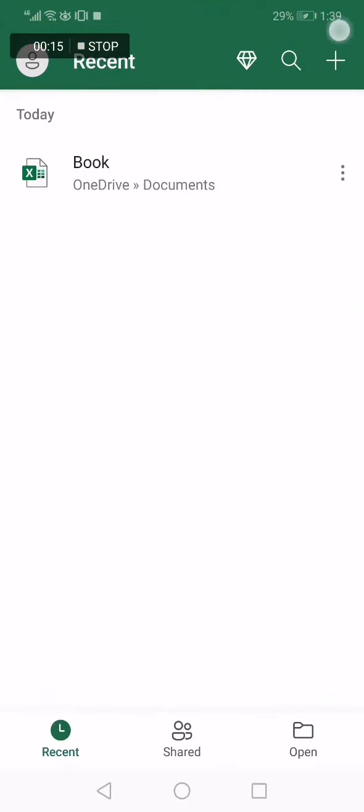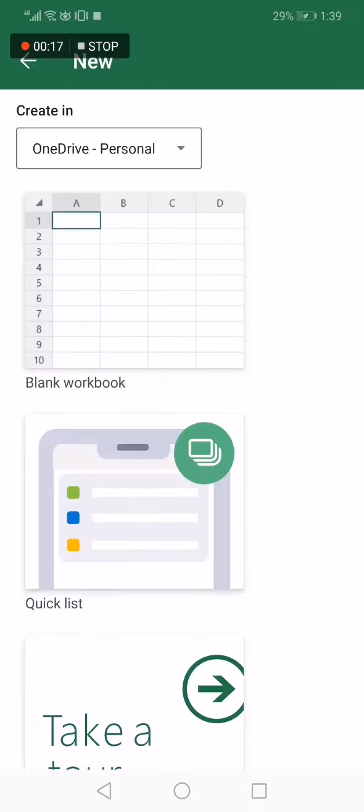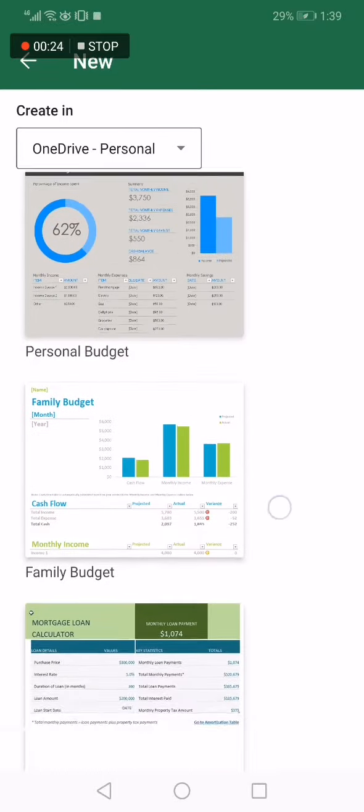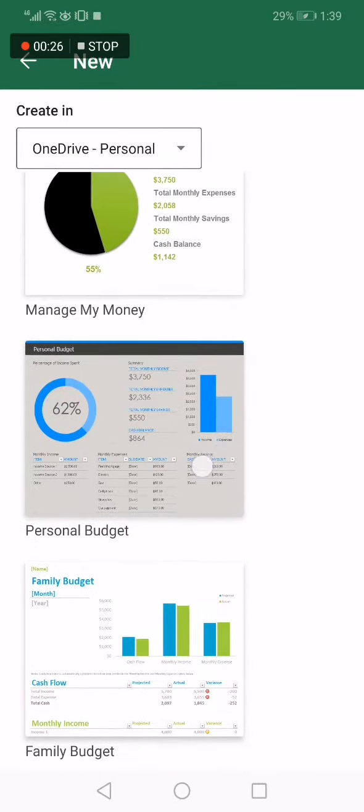Go to the top corner and click on this little plus icon. After you click on it, it will take you to this page. Go down and search for personal budget, and here it is right here. Now click on it,